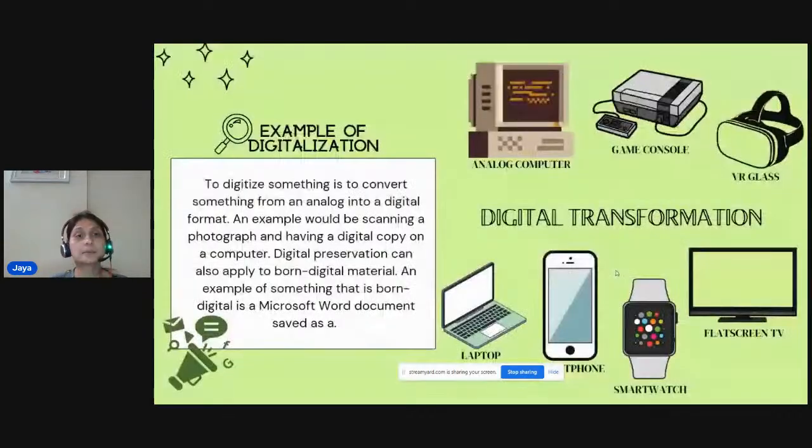My second slide comprises the examples. When we are talking about examples of digitalization, it can be anything. It can be a computer, it can be a video game player, or a smartwatch, or a TV. So anything. If I take a smartwatch as an example for this,